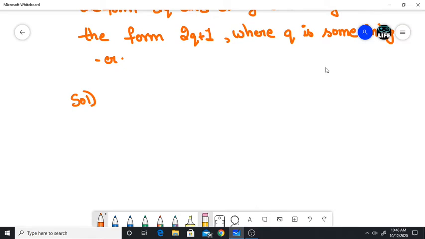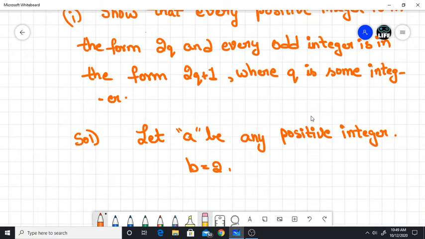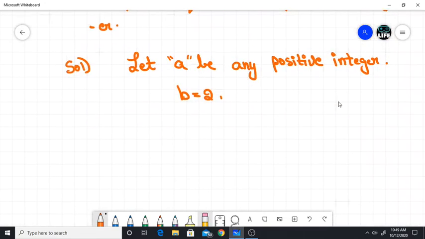Solution. Let a be any positive integer, and b equals to 2. It is given in the question. See, b equals to 2. By Euclid's division lemma,